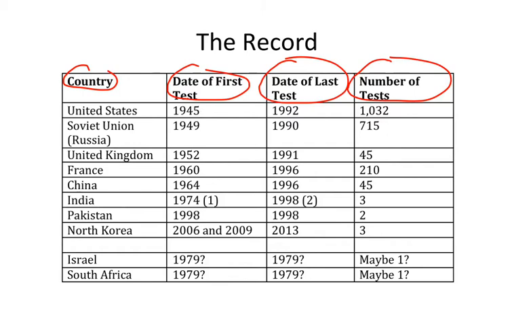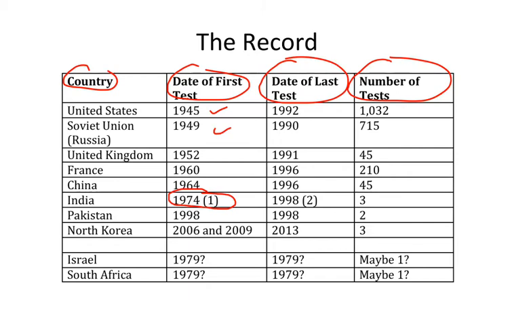And just a few things. We know, of course, United States Trinity, 1945, right? 1949 for the Soviet test. And you can see the other countries acquiring nuclear weapons and testing them. 1952, France, 1960, 64 for China. India tested its first nuclear device in 1974. They actually called it a peaceful nuclear device. I'm not sure anyone was fooled by that, but that's what they called it.